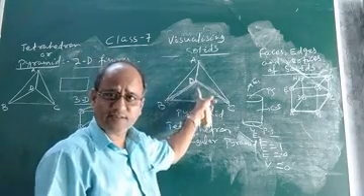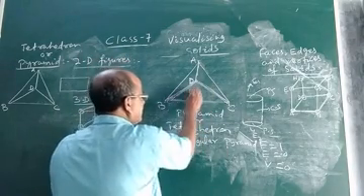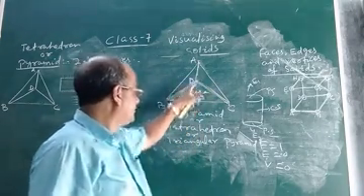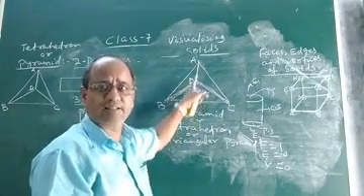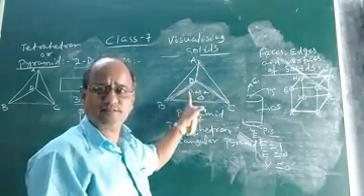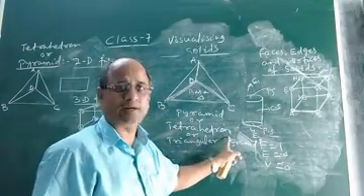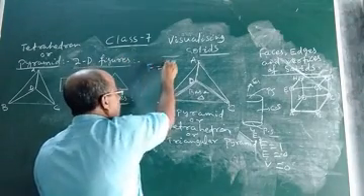So as in this case, the pyramid stands on a triangle. Here, this is the base, triangle, you see. This DBC is the base which is a triangle in this pyramid. So as the base is a triangle, the name of the pyramid is triangular pyramid or it is called tetrahedron. And how many faces does it have? It will have four faces.